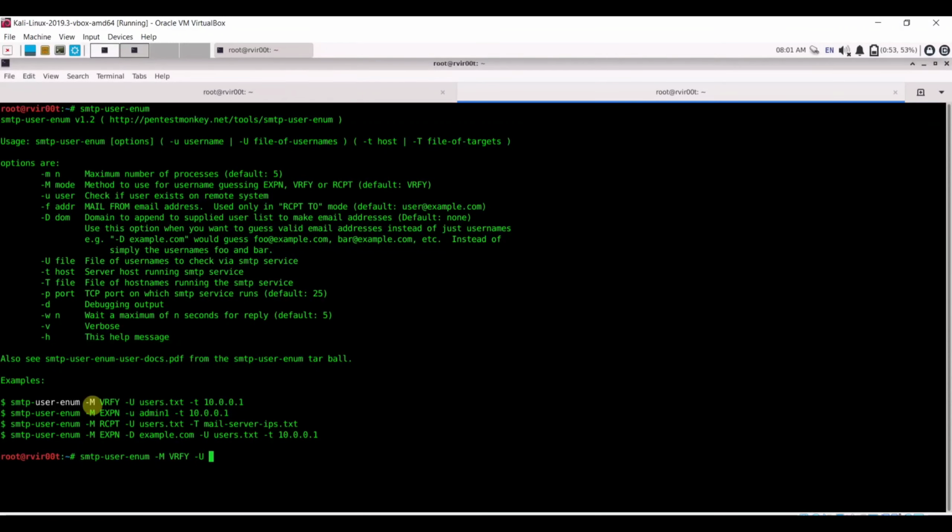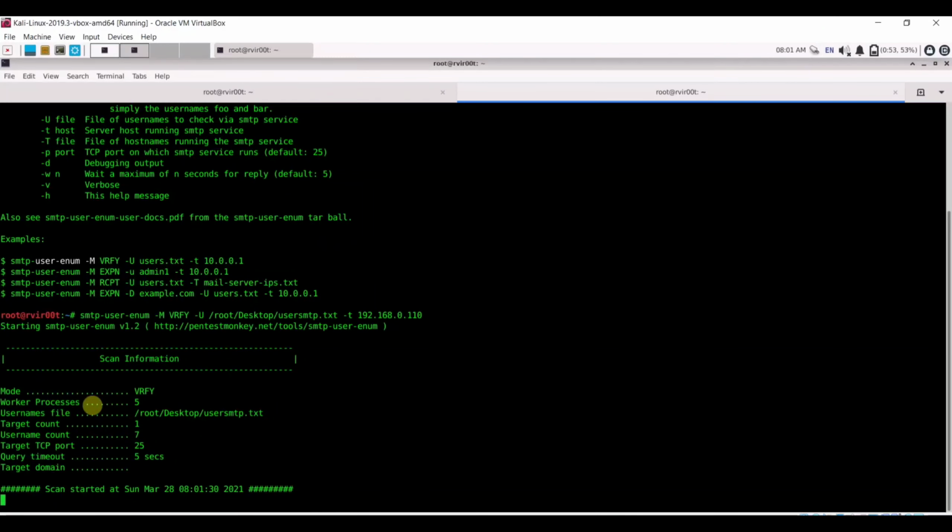You can just store any text file, like I have already stored some users in a text file on my desktop. So I am going to the path, that is root desktop and users smtp.txt, and then hyphen t for the target, that is 192.168.0.110, and hit enter, and the scan started.